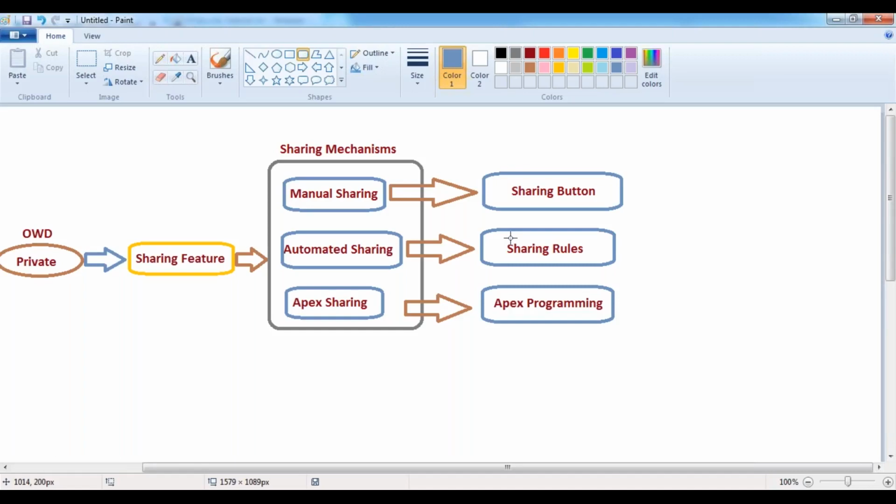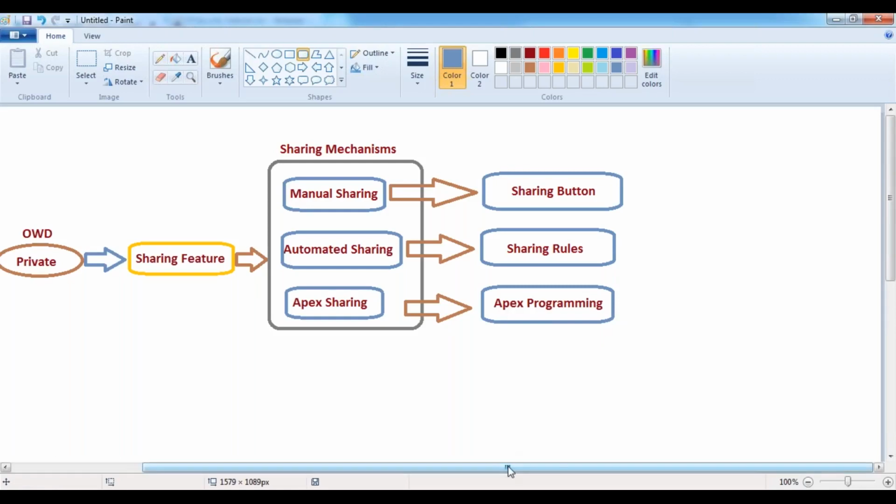Through sharing rules, we can create automated rules which will share the record automatically by default. Based on the specified conditions, if the record matches, it will share the record automatically. Through Apex programming also, we can share the record, which is called the Apex sharing mechanism.